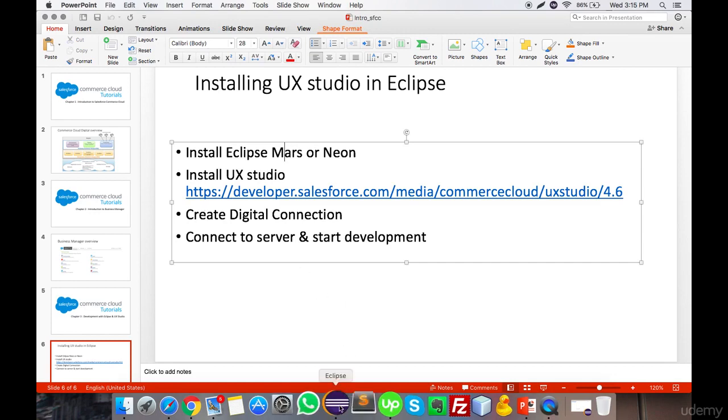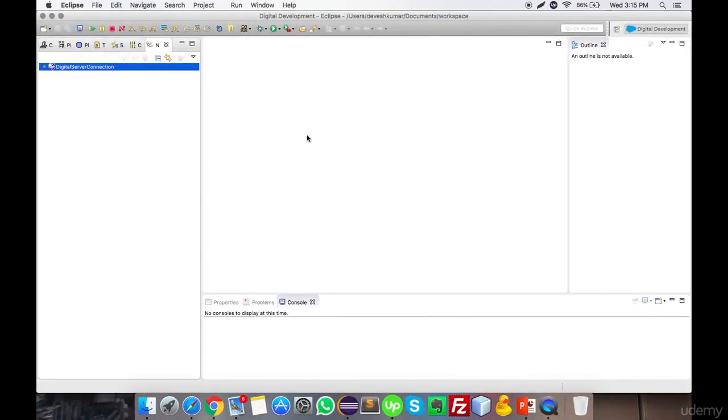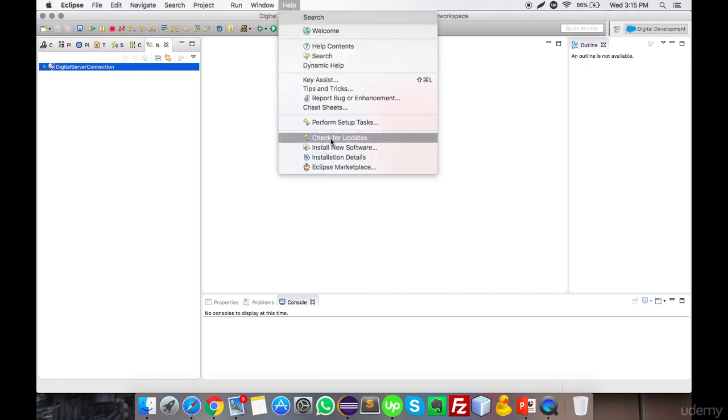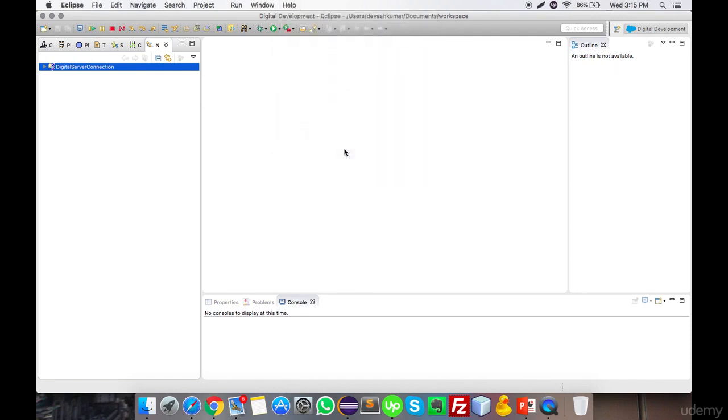So first go to the Eclipse. Here you can see the Eclipse. I have already installed the plugin, but later if you want to add this plugin, this will not be present when you open the Eclipse. So just go to the Help options. Here you see there is the option Install New Software. You just have to click this option,